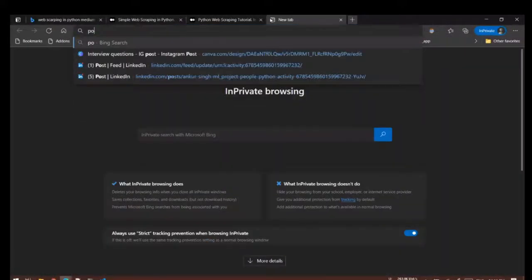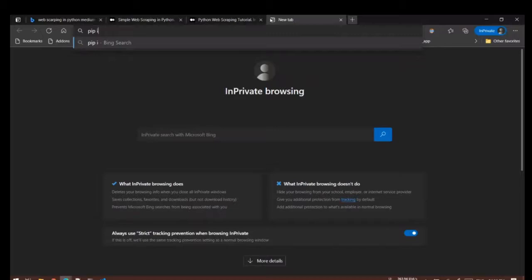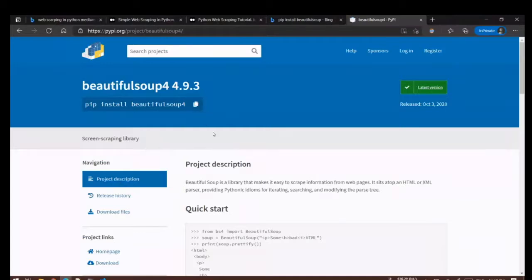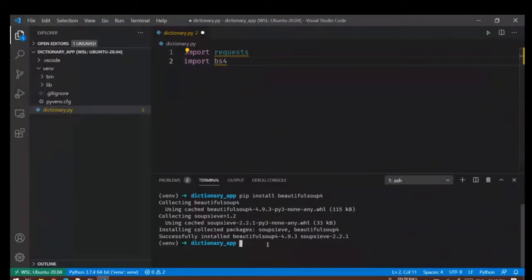So I'll search for pip install beautifulsoup to see the command. Okay, so we have written the right command. Let's see if we have requests.